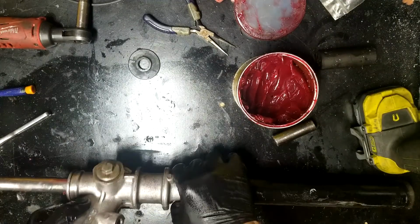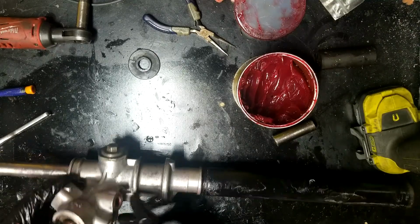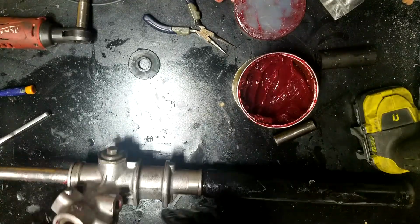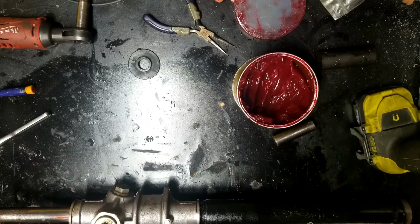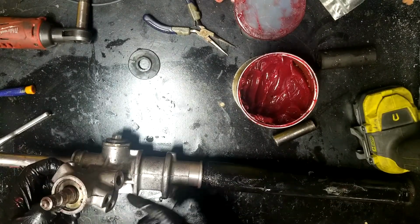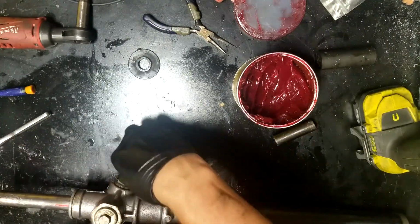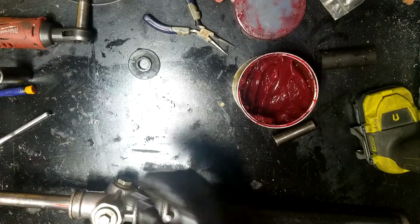Also got to find some plugs for all of these since they're not being used. But yeah, that's further down the road. It shouldn't be a problem. You should probably be able to go to Lowe's or Home Depot or something and pick out what these plugs are. But anyways, guys, that is it for this video,